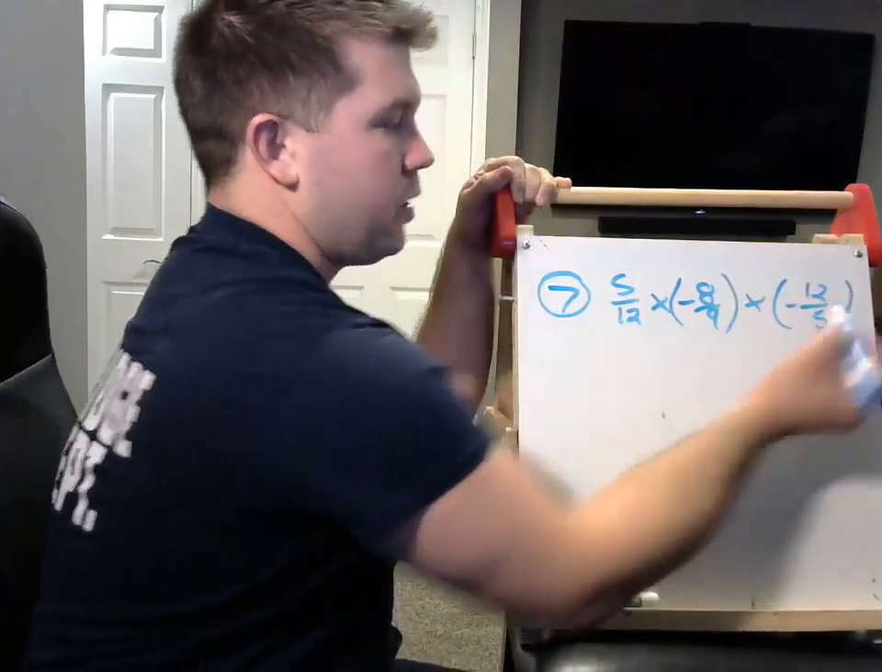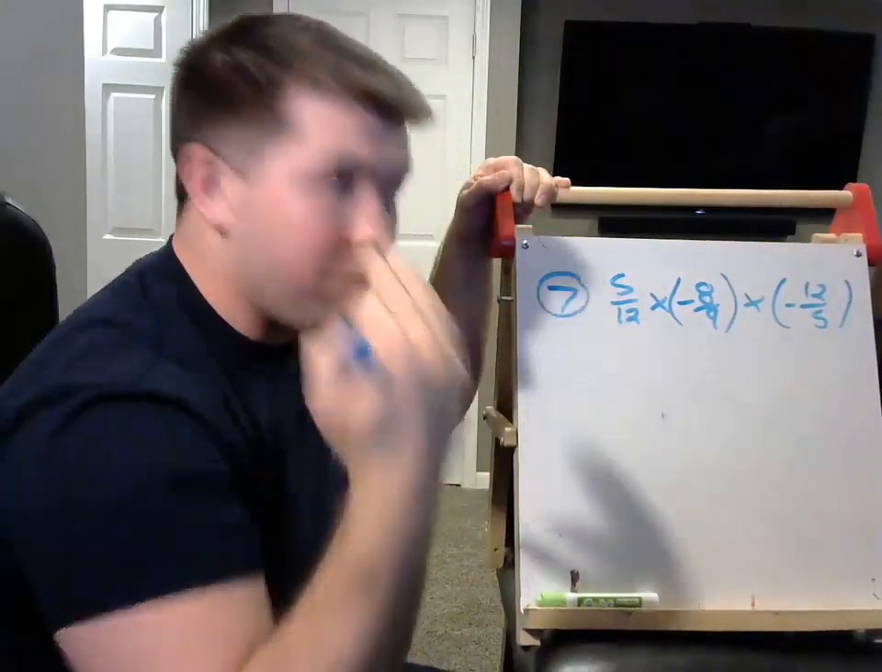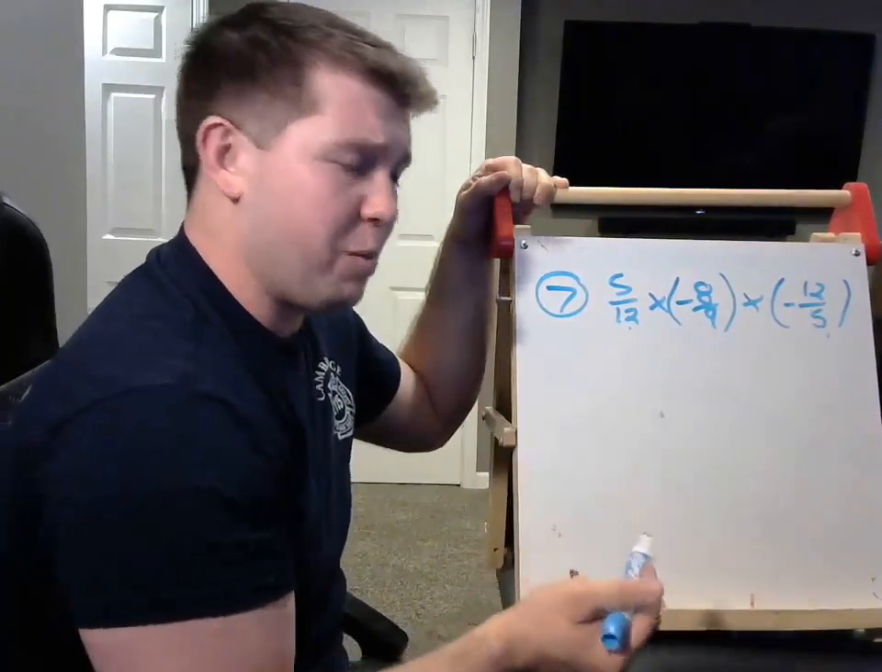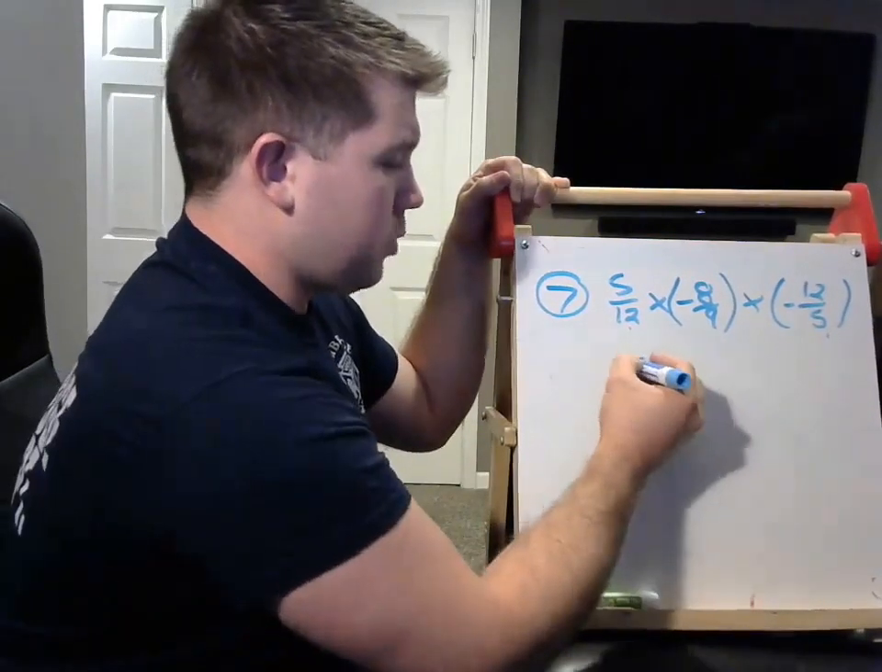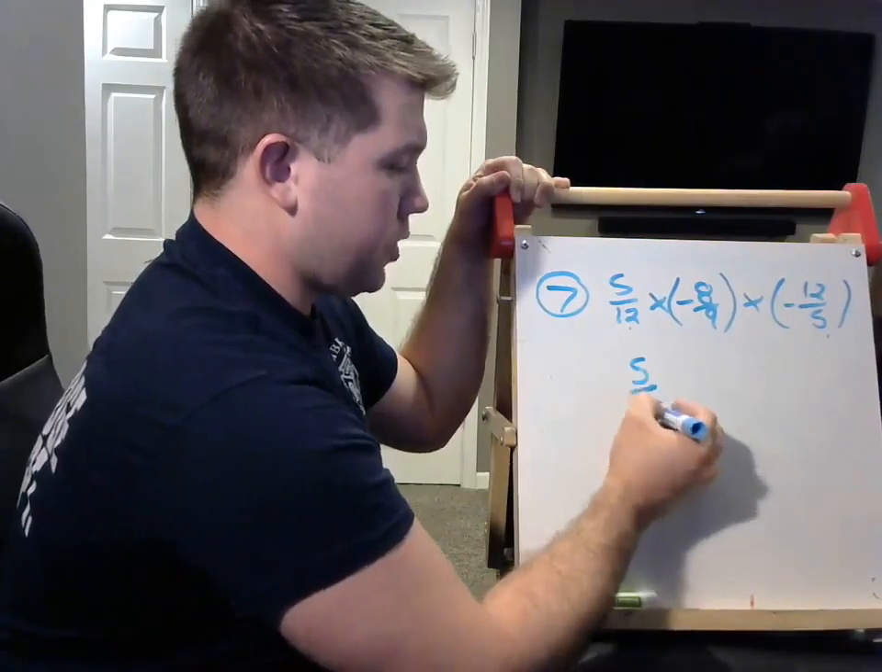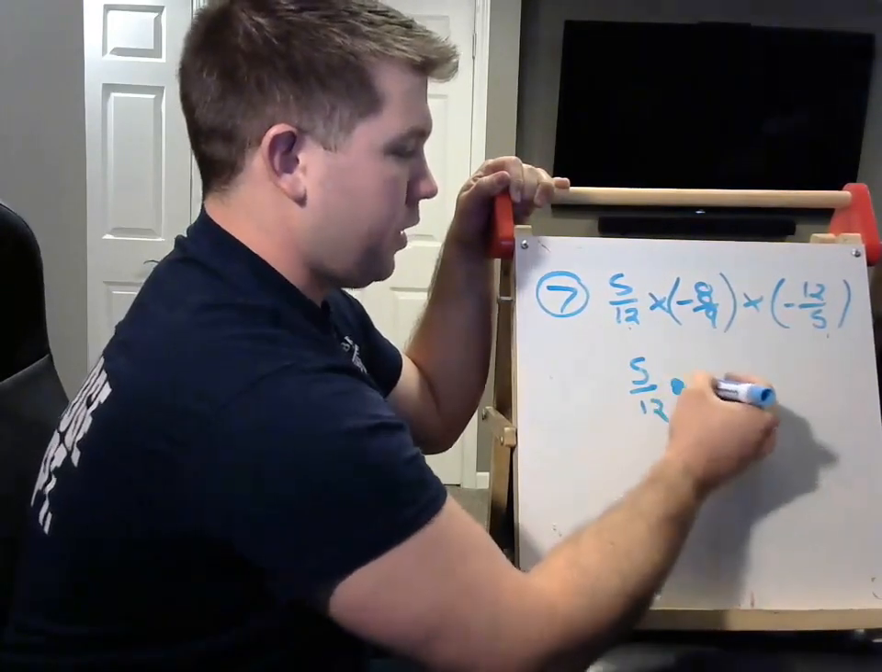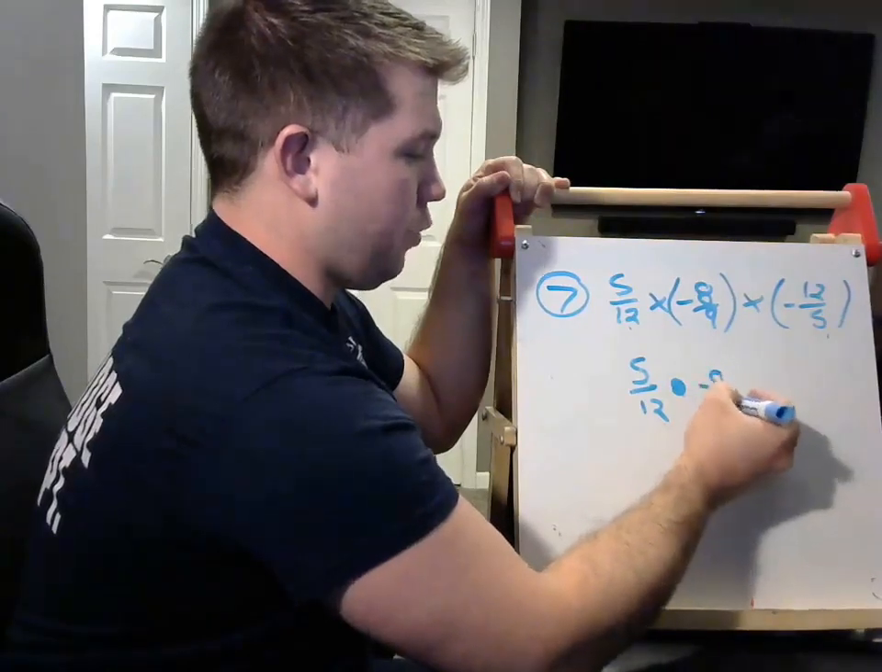-12/5. Okay, so again, right off the bat, an alarm should be going off in your brain saying, whoa, these two look very similar. They look very familiar. So again, let's put them next to each other so we can see them a little clearer. Because again, in multiplication, you can rearrange things. I'm just going to make it a dot. That's easier for me. Okay, a -8 over 9